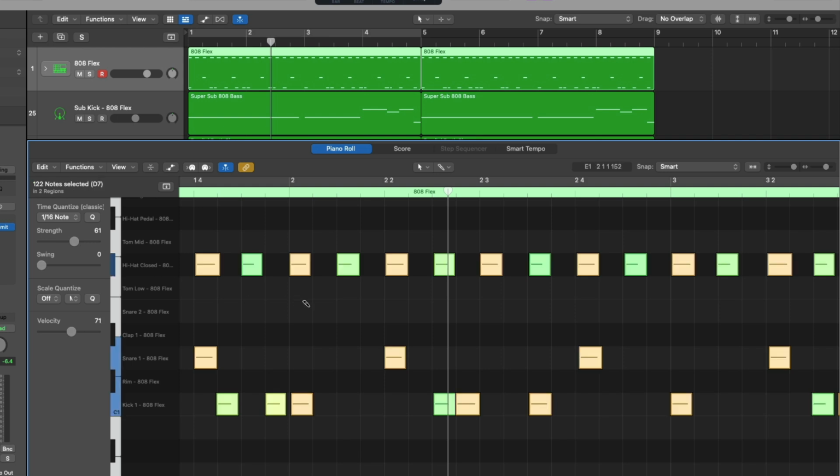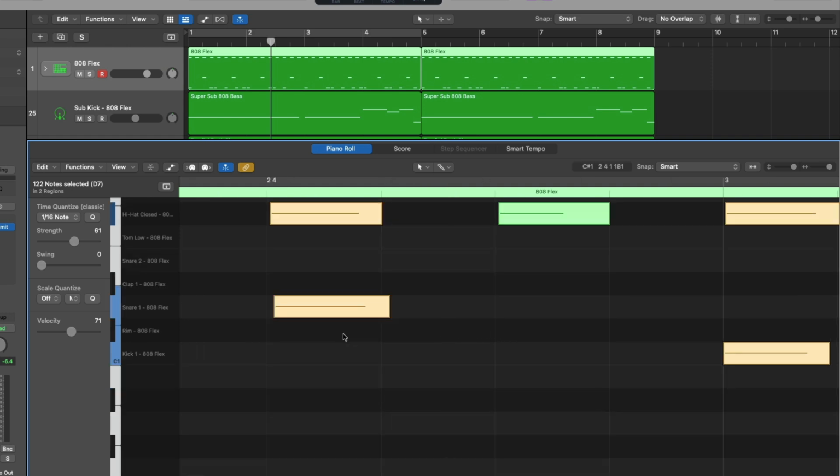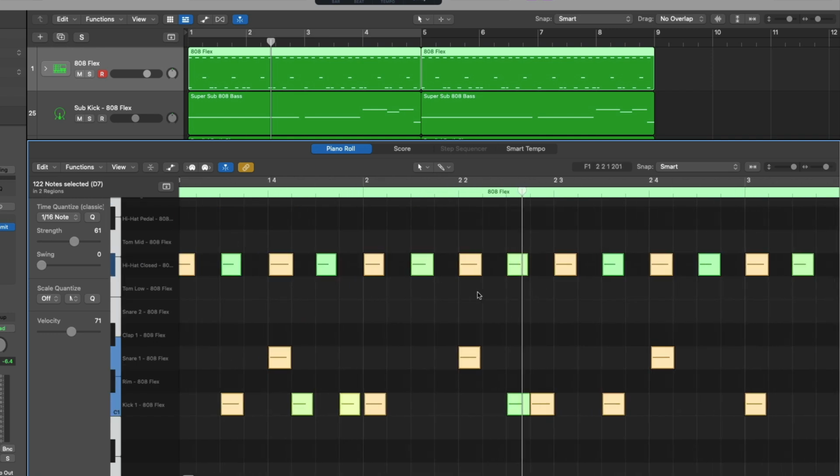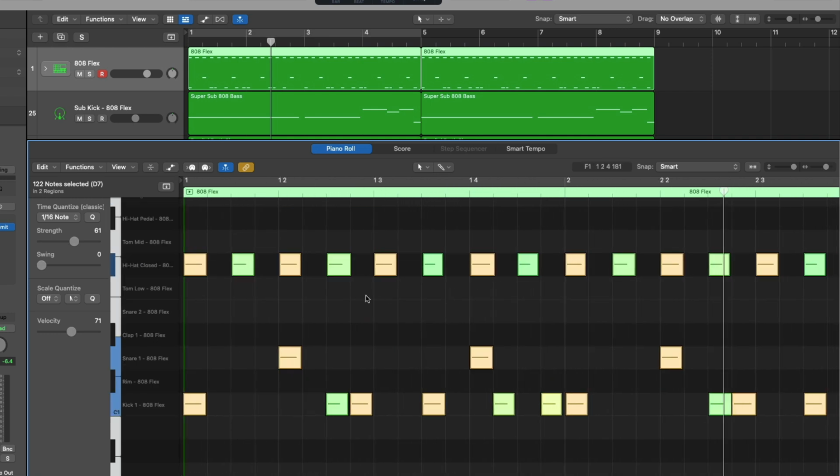And if we select all these notes, press Q, we can see that these notes have been mostly quantized while still maintaining some variation and humanity. So now this performance has been quantized not to 100%, but only 61% of the way. If we take a listen,